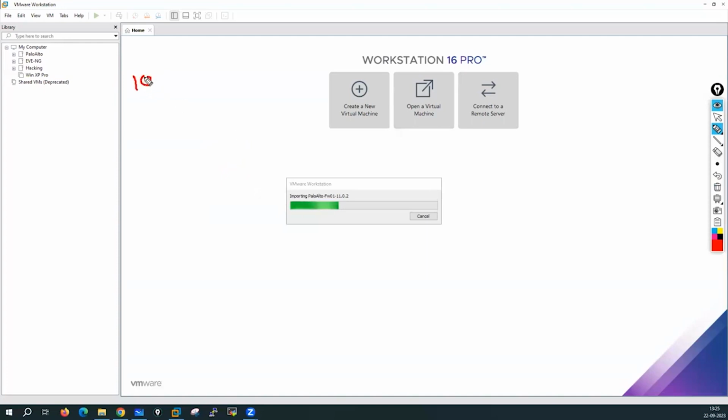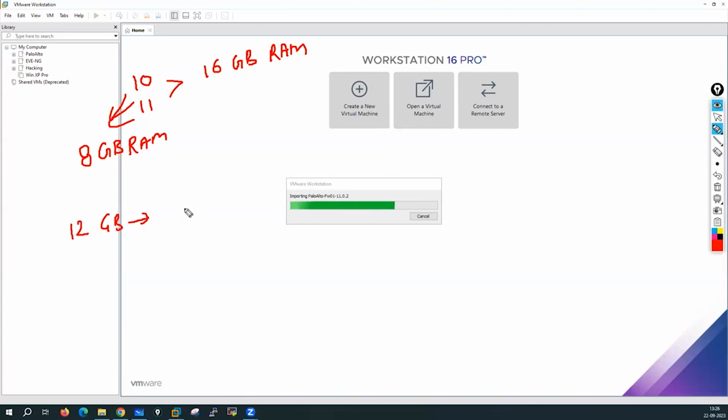This is for Palo Alto 10 series and Palo Alto 11 series. If your system has around 16 GB of RAM, then only you can install Palo Alto 10 and 11, because they need around 8 GB of RAM to work properly. If you have less RAM, like 12 GB, I recommend you use the Palo Alto 9 version,